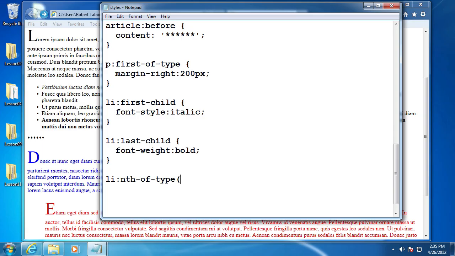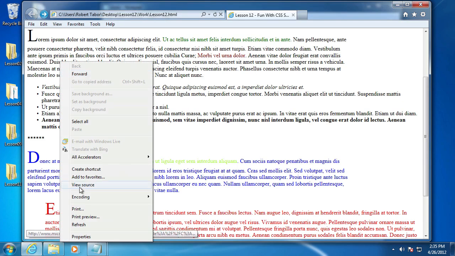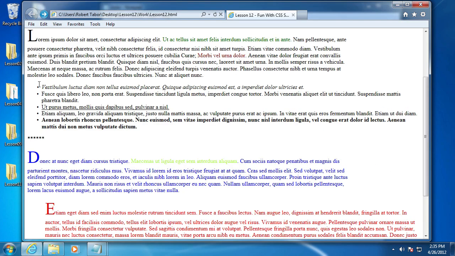So we want, for example, every third list item on our web page, and we'll set the text decoration to underline. We just happen to have only one set of list items, but the 1, 2, third item,